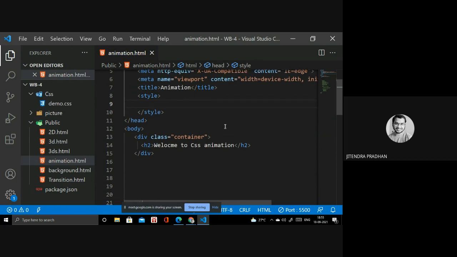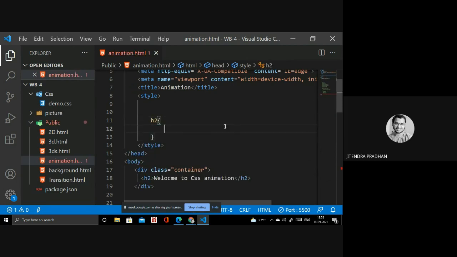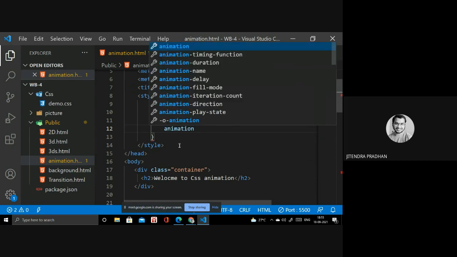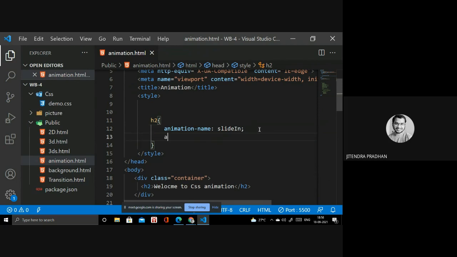Okay, so we need to write h2. We are applying h2 as the tag name. So inside, I need an animation name. Animation name, we need to write slide in. Okay, this is my animation name. Okay. So I will write the animation duration.